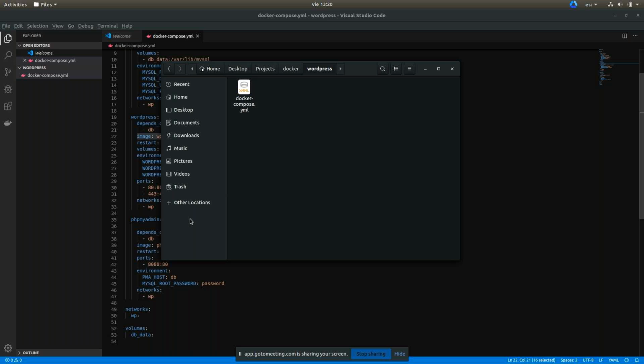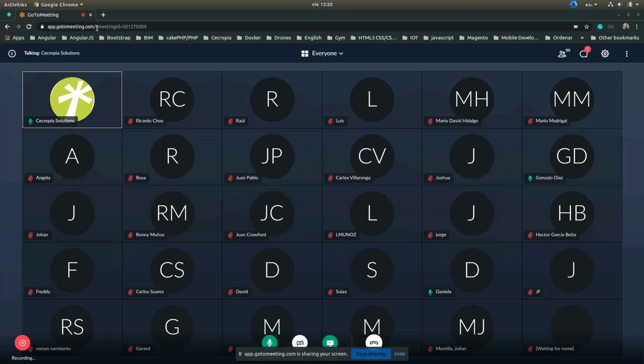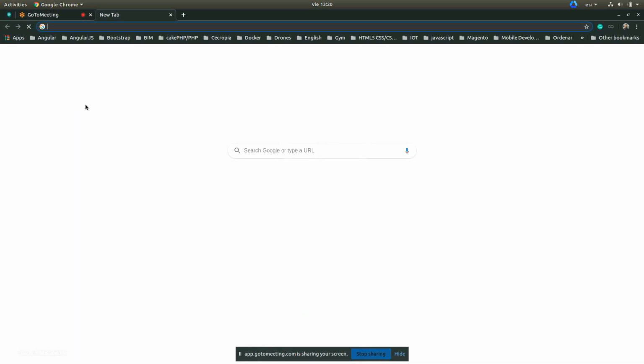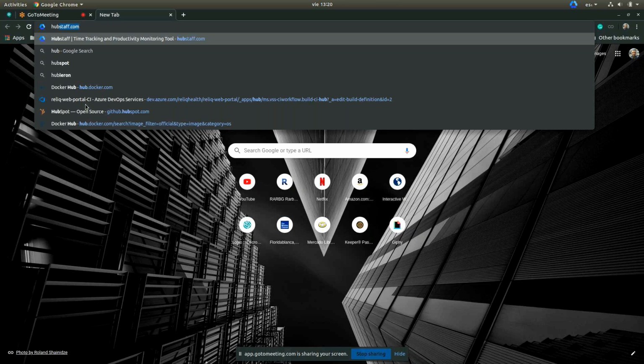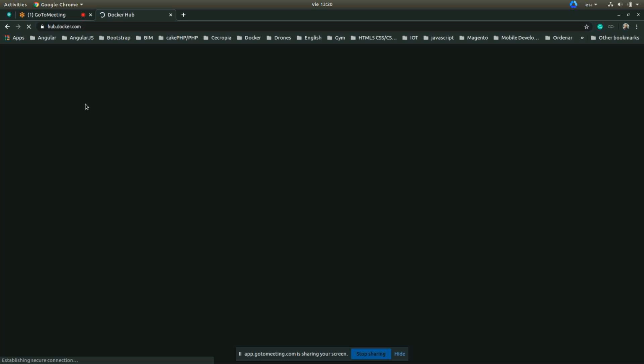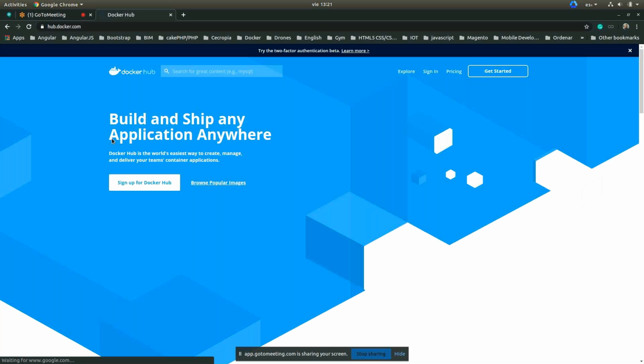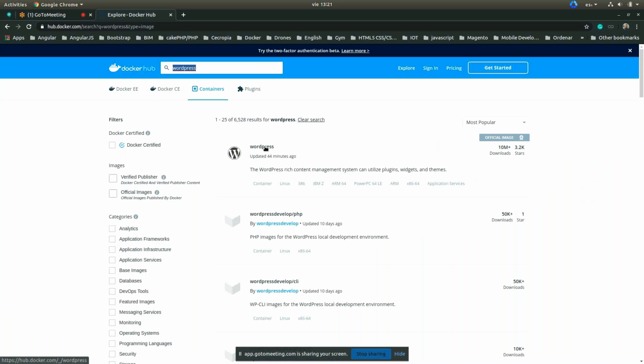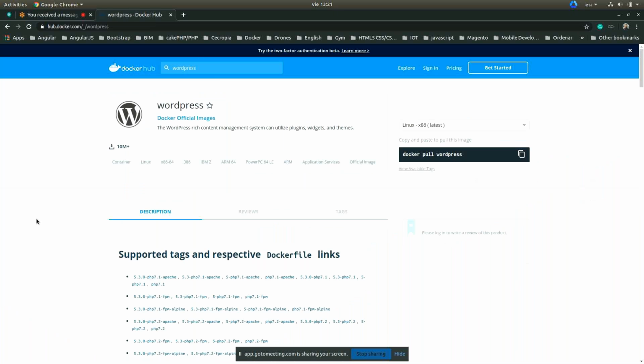Let's go to the Docker Hub to see what is there. So this is the information for the official Docker image for WordPress.